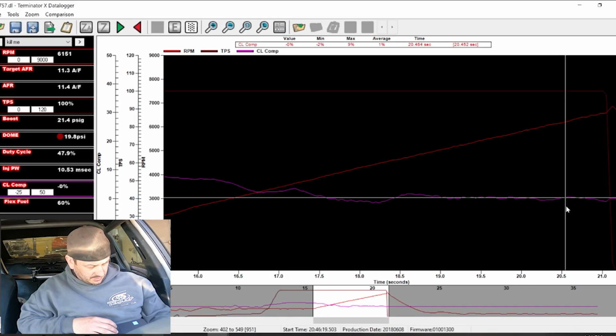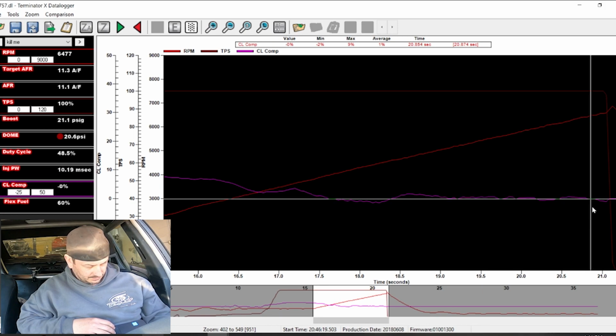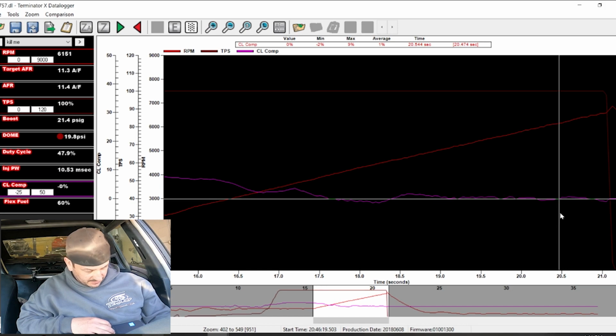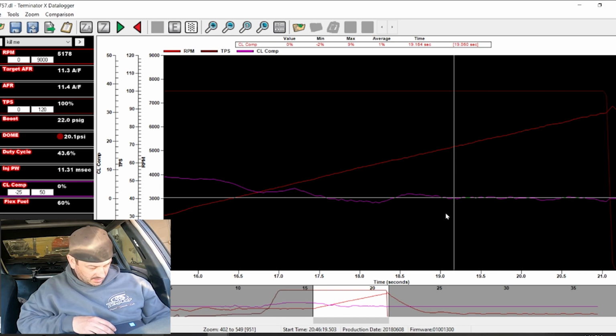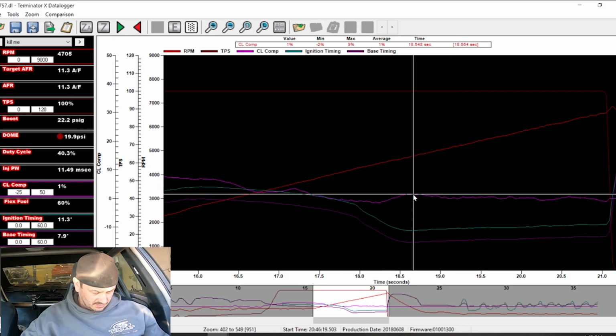Alright, scrolling through. Alright, there we go. Got a -1. There's so many zeros, I thought that maybe I'd turned closed loop off or something. Geez, that might be as close to 0 on the closed loop correction as you can get. Alright, so yeah, right at 22 pounds, 20 pounds on the gate. And I can't post a video without anybody asking about timing, so